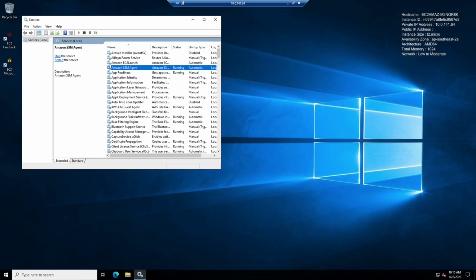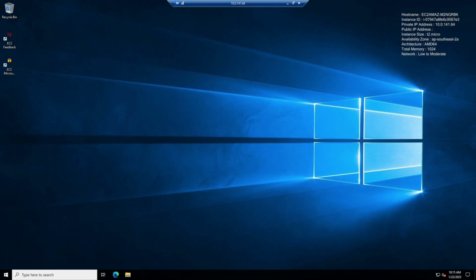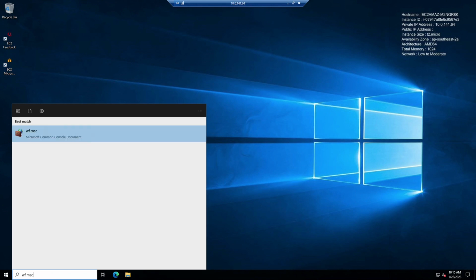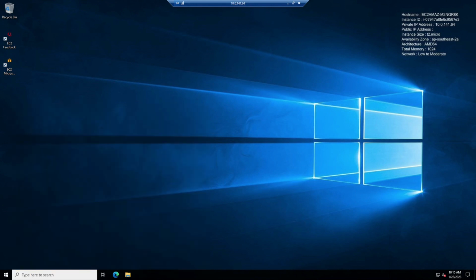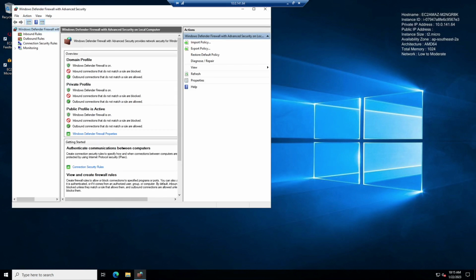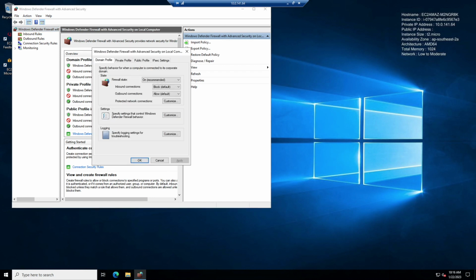You can see that the Amazon SSM agent is running. By default, the Windows firewall will have all outbound rules allowed, so let's quickly verify that as well. You can see that the public profile is active and the Windows Defender firewall rules for the public profile allow